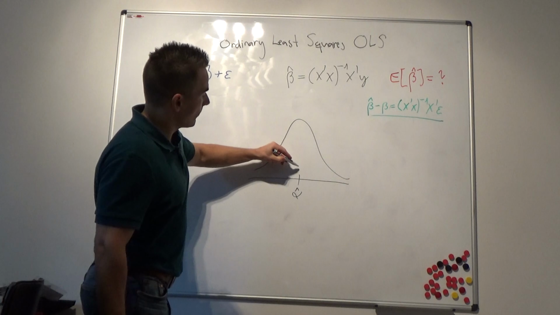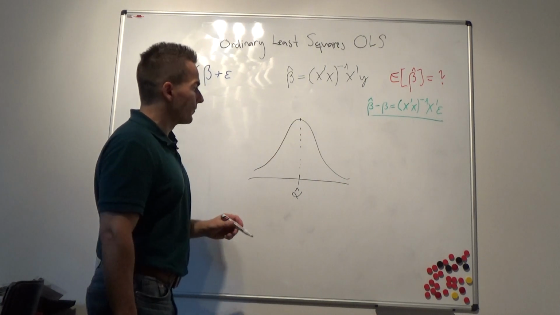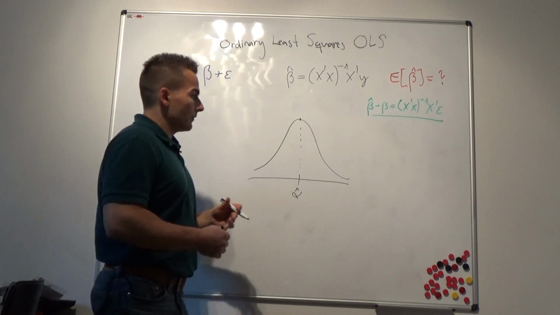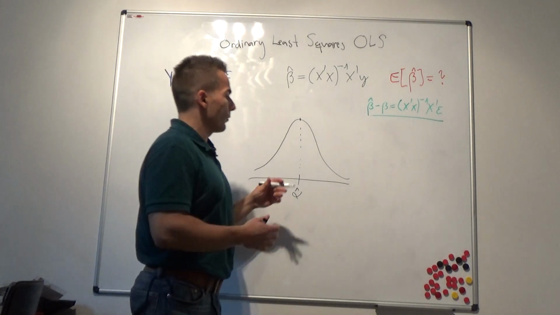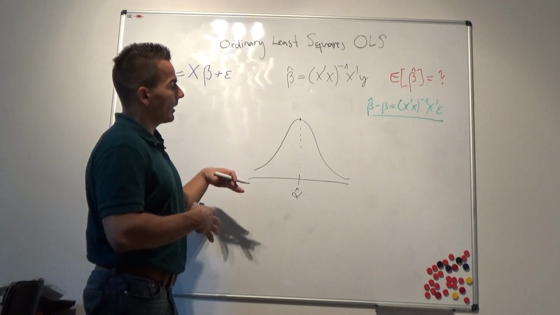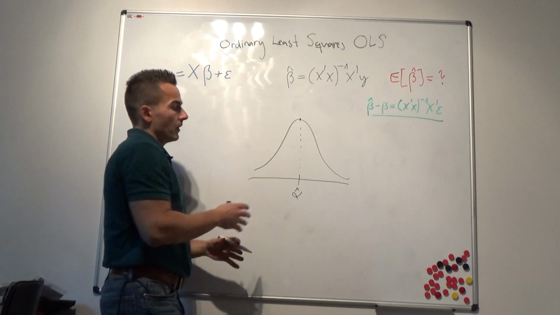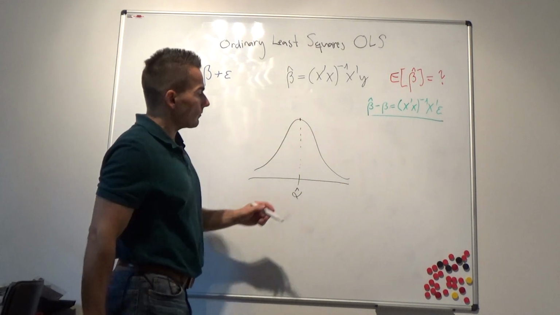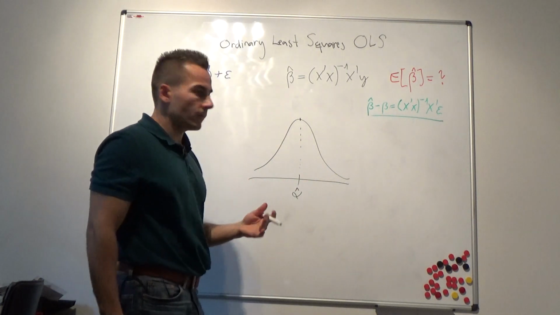Our point estimator might give us a value here, and then we want to know if our point estimator is statistically different from 0 or not. So we have to figure out the variance of our alpha in order to estimate the probability distribution. And once we have that, we can calculate the t-statistic of our